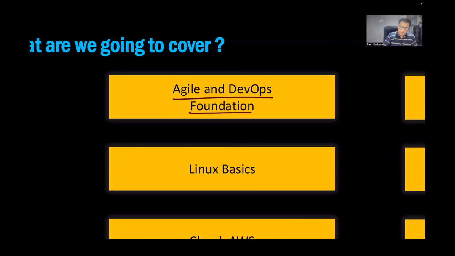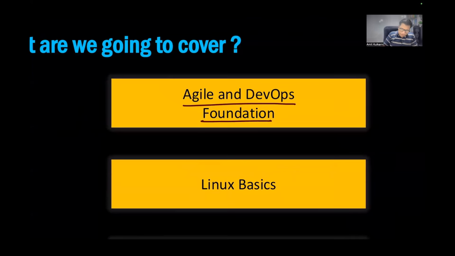When I say Agile and DevOps Foundation, you might also have heard about something called software engineering. Software engineering is the methodology or scientific approach to develop an application from start to end: requirement gathering, requirement specification, project designing, then development, which is coding, testing, and then deploying. This is what you can call SDLC. SDLC is governed by software engineering. SDLC has been there since ages. Without SDLC, you cannot complete your project, and that's the reason SDLC is very important.